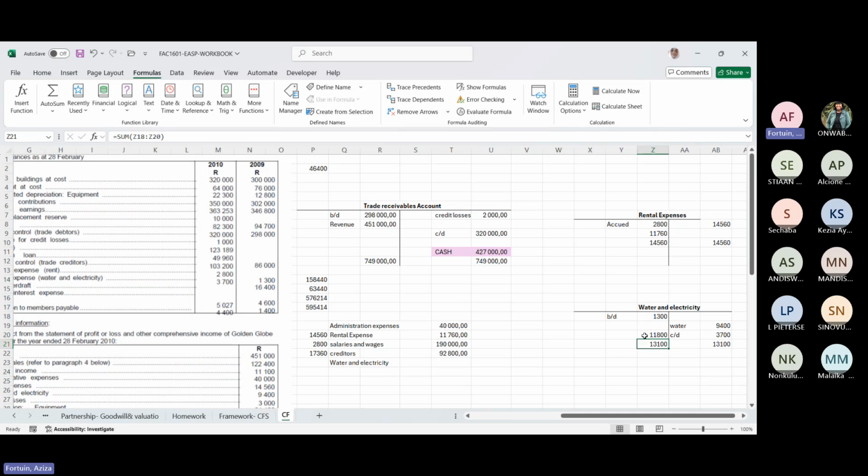You're not doing T accounts, so the 11,800 is what is going to the bank. You're closing off, right? You took the 9,400 and the 3,700 and you got 13,100. But what about your opening balance of the water and electricity and the closing balance of 3.7? You didn't use the 1.3. But miss, what? The 1.3? Yes, that's the opening balance. Oh, the 1.3. Let me check.